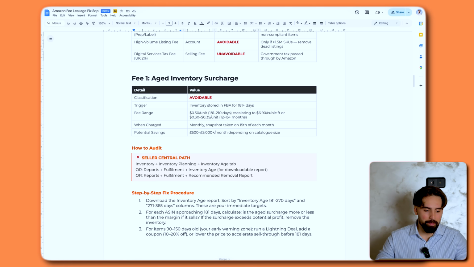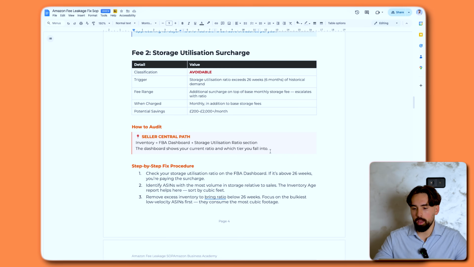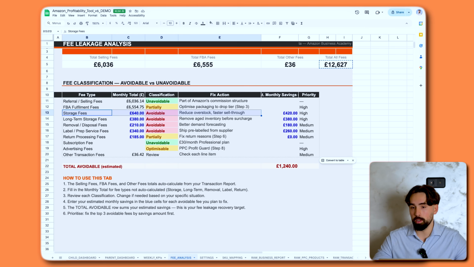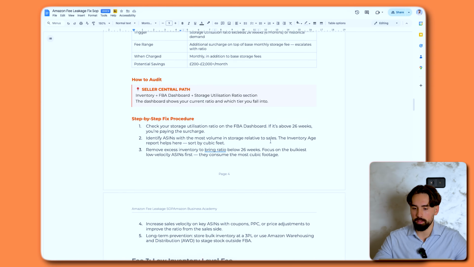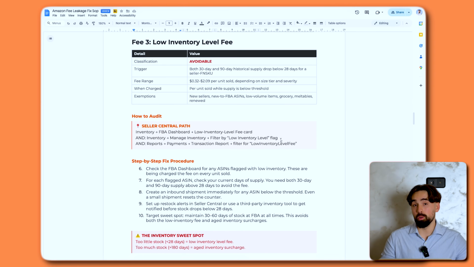This is a new fee, and it has been quite controversial. You can check the FBA dashboard, and if there are any ASIN flags, you can create an inbound shipment immediately. The sweet spot is to be between 30 and 90 days of stock in FBA at all times. So it looks like if you have too much stock, it's not really good. And also, if you don't have enough stock, Amazon is gonna charge you for that as well. That's why it's very important that we forecast the stock management properly, that we do all these actions to improve